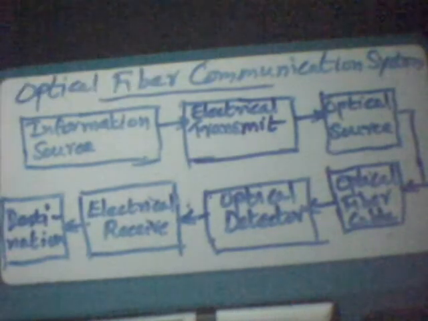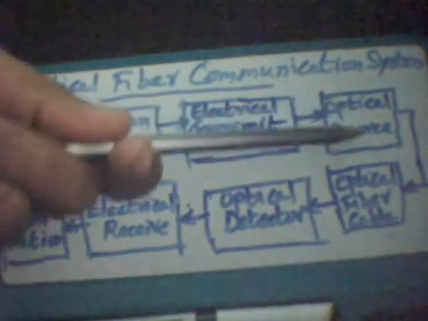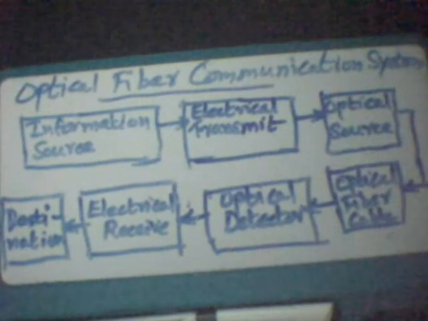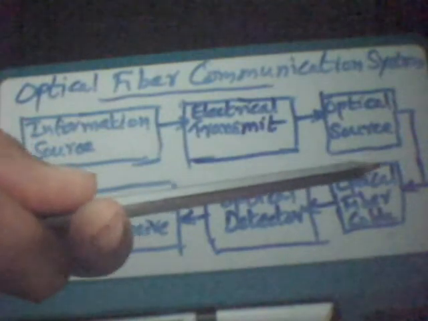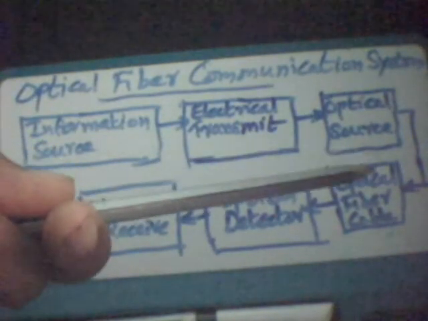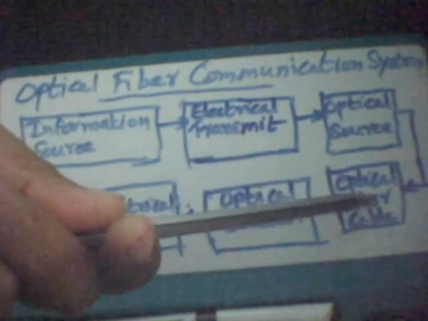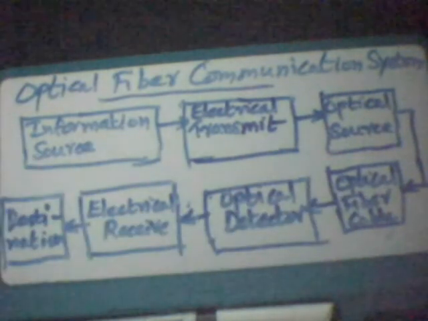The optical source can be an LED or a laser diode, where the electrical signal is converted to an optical signal to give modulation of the light wave carrier. The optical source provides electrical to optical conversion, and the transmission medium consists of optical fiber cable which transmits light